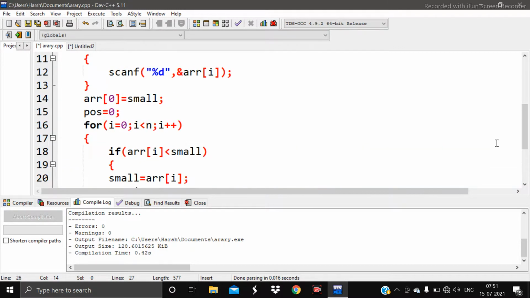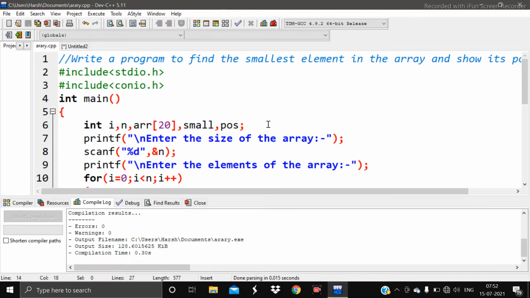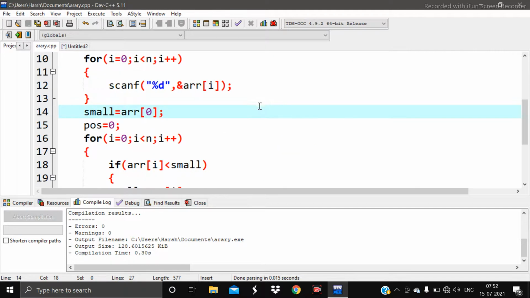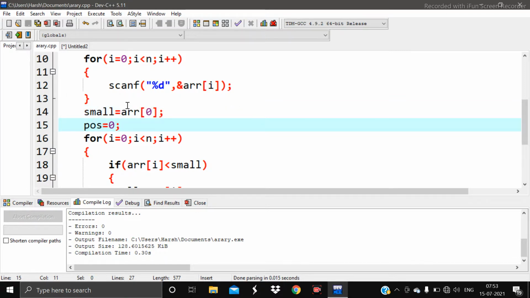So now let's go to the execute option. Here there is a slight mistake which I have written: I had written arr[0] is equal to small, which is a wrong statement. Why is this wrong? Because in C language, the right value is assigned to the left variable. Here I want the zeroth index element to be assigned to the small variable.